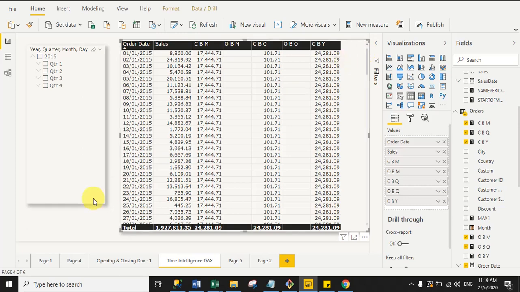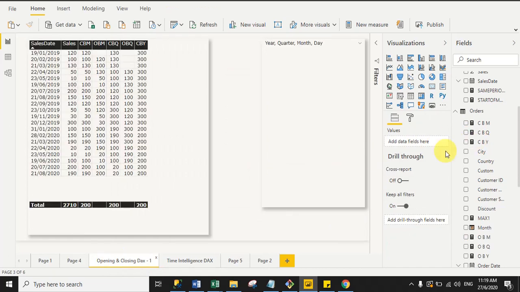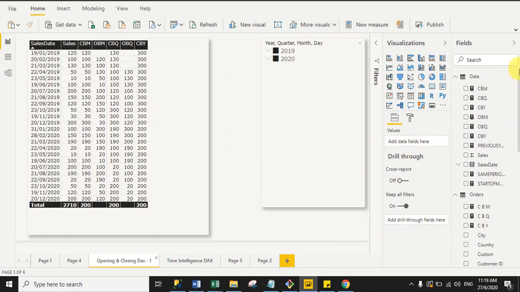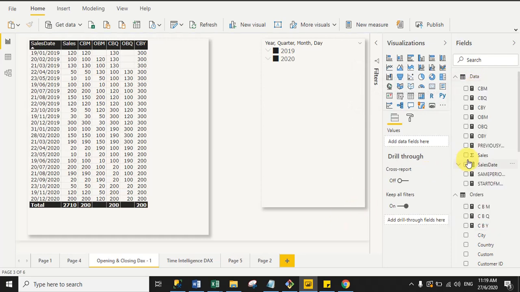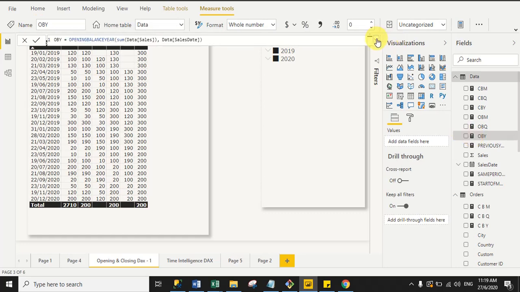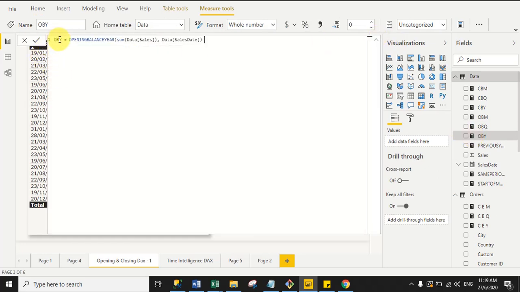Now I will show you the measure for opening balance year, right? So simply create the measure: right click your dataset name, then click on new measure, and here I already created the measure for opening balance year. So you can see here, simply write the measure name OBY. OBY is the short form for opening balance year, and then write the DAX function name opening balance year, then simply write some DAX function to get the total sales, right?